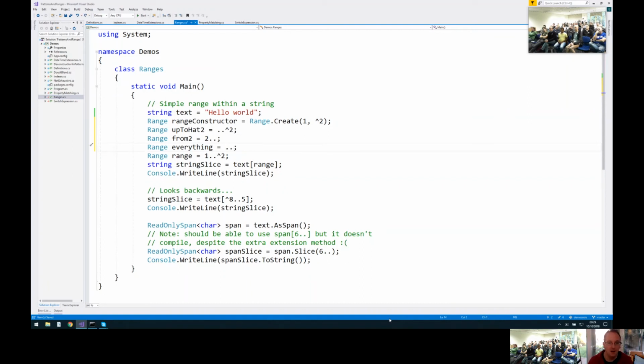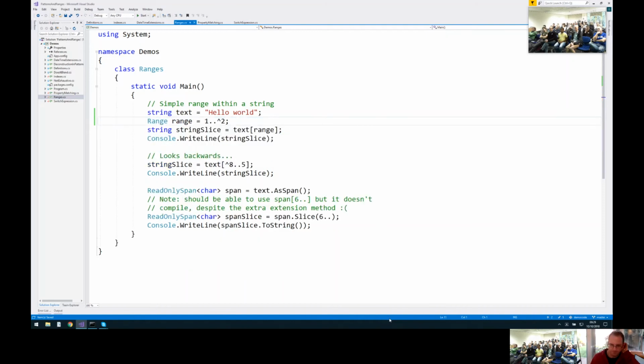Okay? What do we use these ranges for? We use them to create slices of things. So we can slice into a string, and this will currently create a new string because of the way that string works. And that's slightly unfortunate, but hey, it's okay. We could take the string and treat it as a read-only span of char. And at that point, when we slice the span, which we should be able to do with a range,